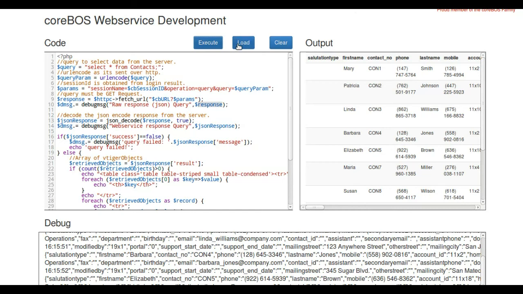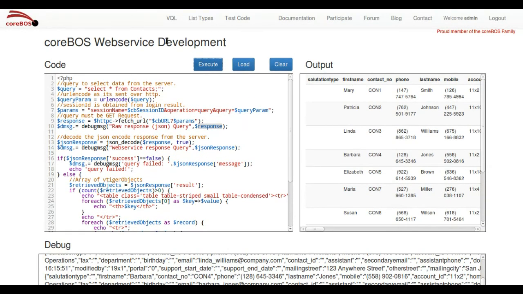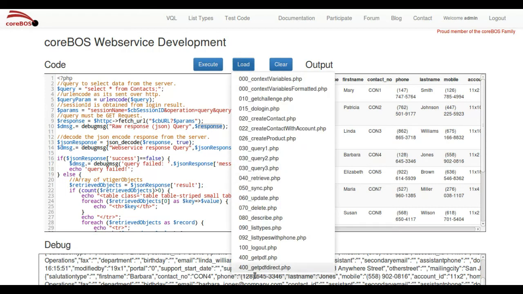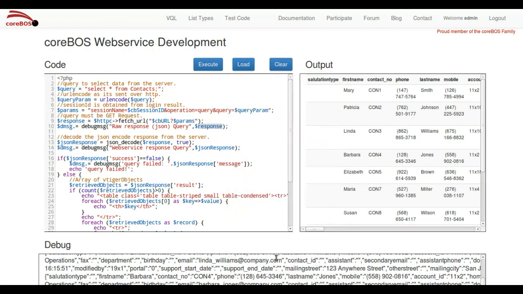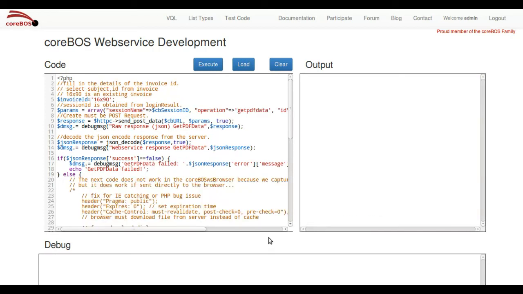Also, one of the main reasons we did this, besides helping people to use the REST interface, which is very powerful, is to document things. For example, we've added a get PDF output to the REST interface, so we can get the invoice or the sales order through the REST interface. So for example, here if I put 89, which is an invoice that exists in the system that I'm connected to, and I execute this,